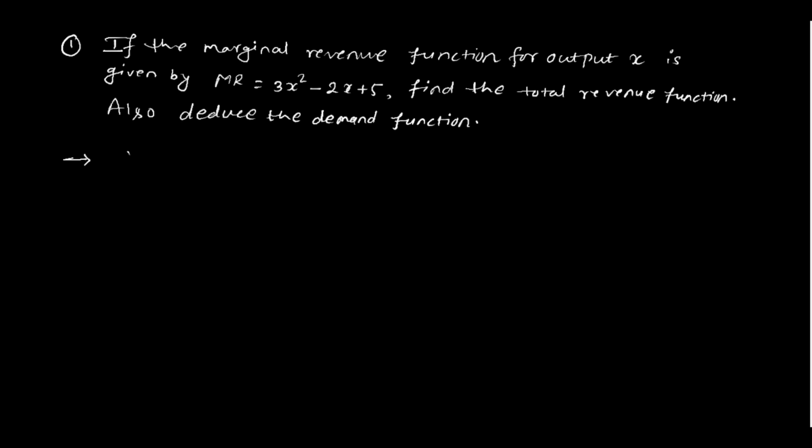If the marginal revenue function for output X is given by MR, that is marginal revenue, is 3x square minus 2x plus 5, now we have to find the total revenue function. Total means the integration of marginal. I have already told you that integration always represents the total. So